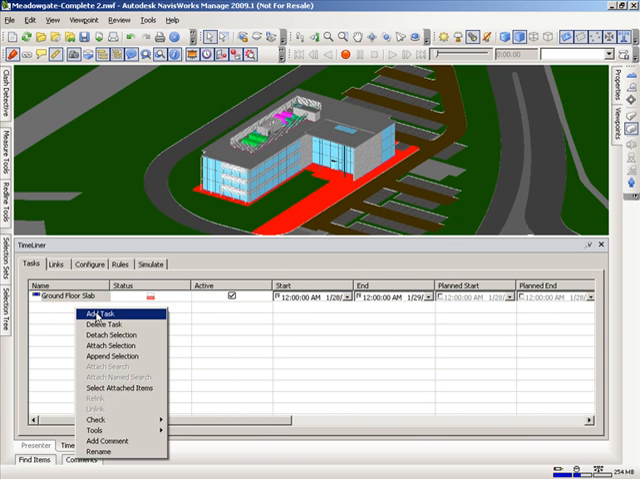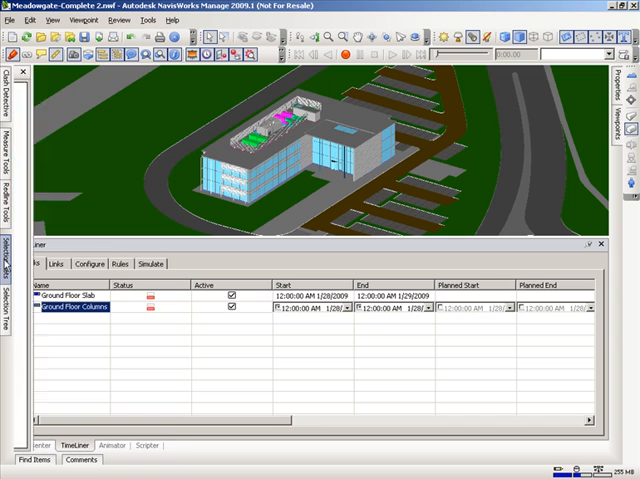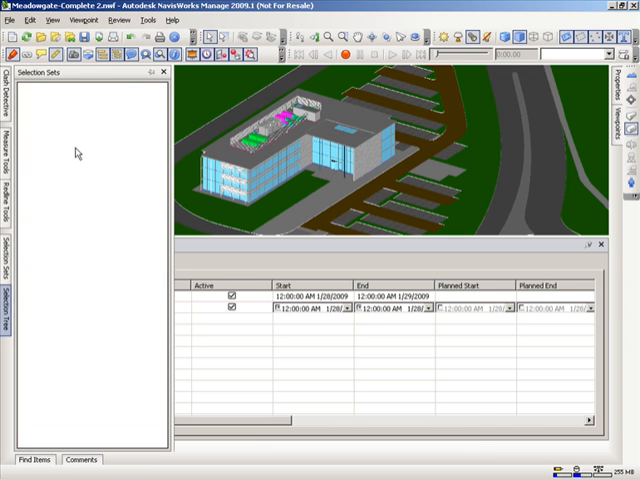Let's create another task, and this time we're going to use a different tool to actually grab the elements we need. So in this case, we'll call it ground floor columns. And rather than actually going out and grabbing all of the columns individually, we're going to use the selection tree to help us find those columns for us. So here in my selection tree,